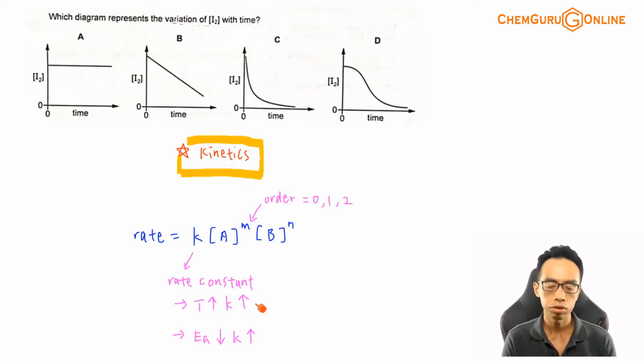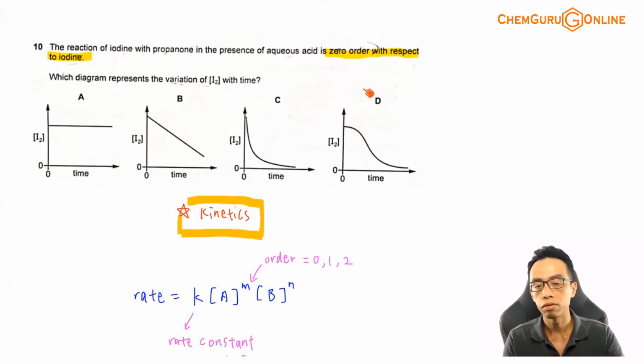Now, how about concentration of the reactants? We do know that it affects the rate of the reaction, but it depends on the order of the reaction with respect to that reactant. So in the syllabus, we have three different orders: order 0, order 1, order 2. Based on the information given in the question, sometimes we do need to deduce the order of the reaction with respect to each reactant, and essentially this will be my rate equation.